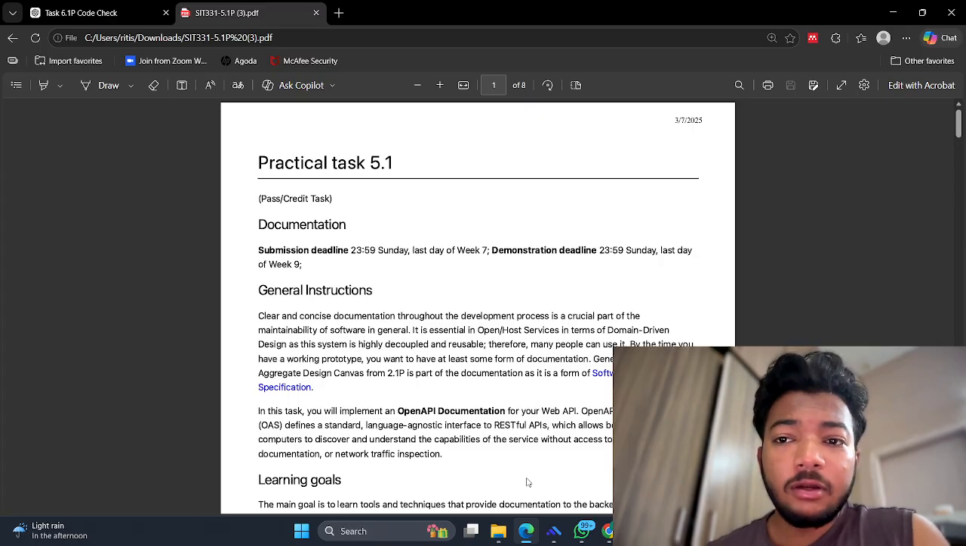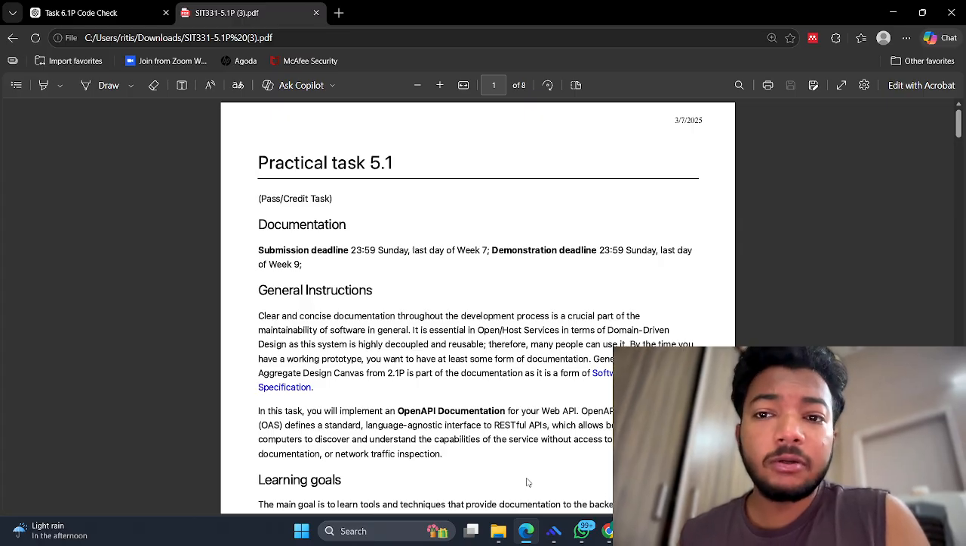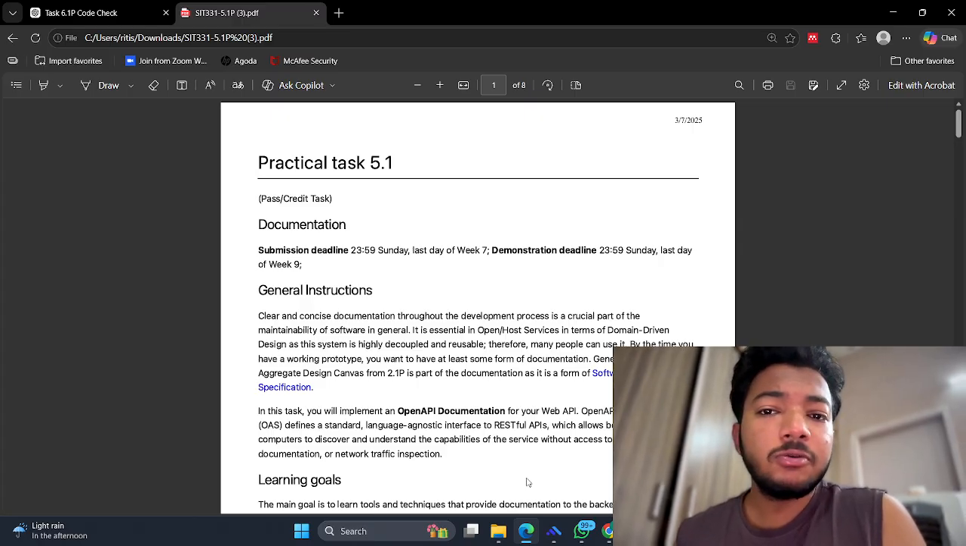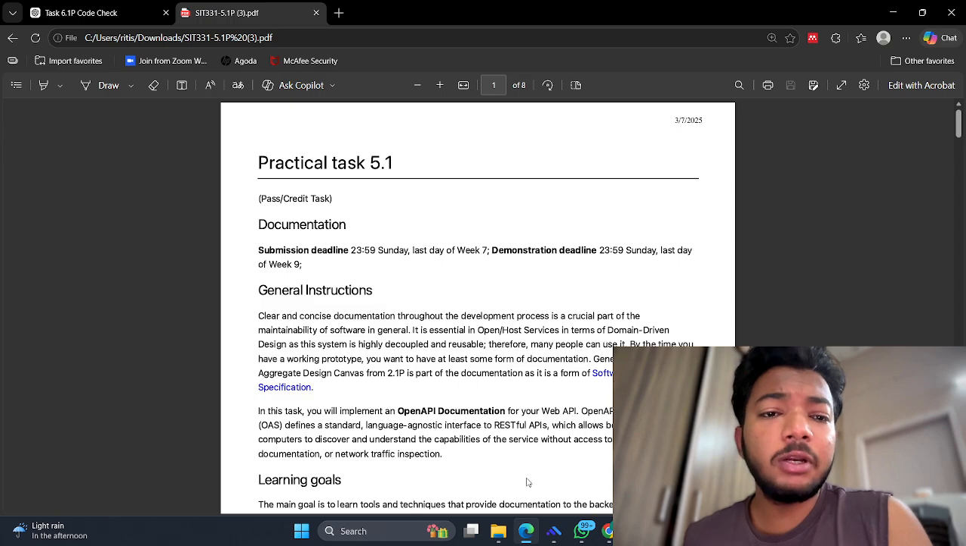Hello everyone. In this video, I am going to explain task 5.1P of SIT331. This task is about adding OpenAPI documentation to a robot controller web API built with ASP.NET Core. The task asks us to use a library called Swashbuckle, which automatically generates a documentation page called Swagger UI directly from our code. This makes the API easy to explore and test in a browser without needing a separate tool